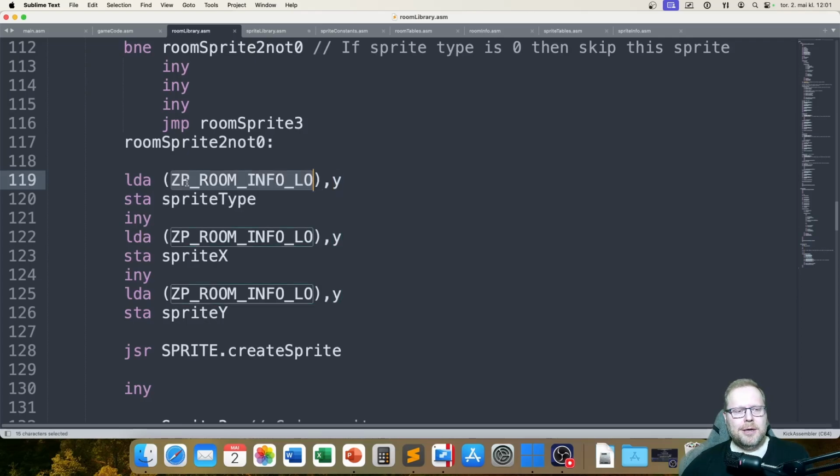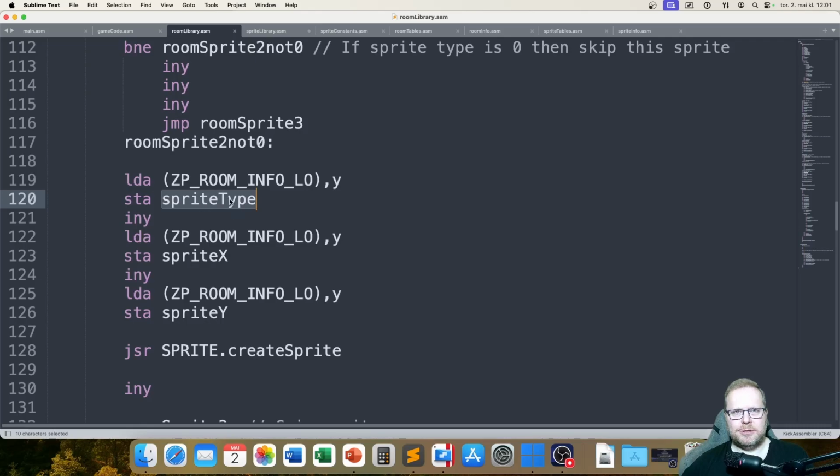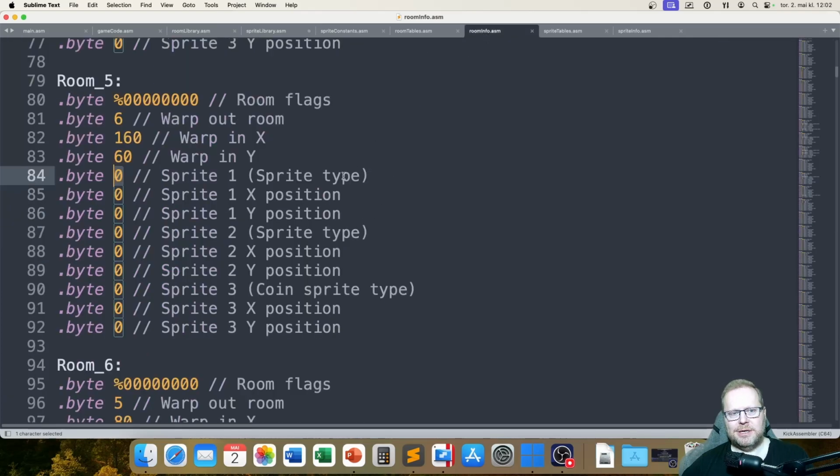But I've set up y so that now I'm starting to load sprite types, which means that I'm loading this address. I'm loading this entry from this table. So I'm loading whatever is in here. Then I'm storing that in a variable called sprite type. Then I'm incrementing y, so increasing y by 1, because now I want to load something else from that table. And since I increased y by 1, then I go down here, load the next thing from that table,